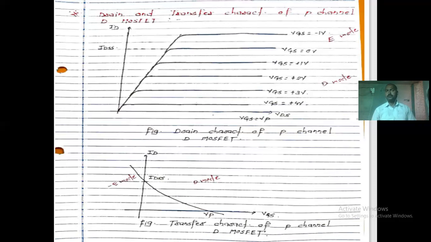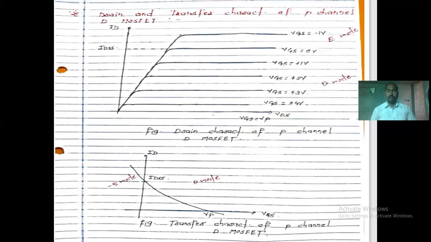of D MOSFET. In case of n channel D MOSFET, we apply initially 0 voltage, then we increase it to the negative voltage, right? Accordingly, we see the drain characteristic of it. But in case of P channel MOSFET, we apply initially 0 voltage, and that should be increasing towards the positive voltage. As we increase the positive voltage, less current flows through the device. As we increase the more negative voltage, more and more current flows through the device.